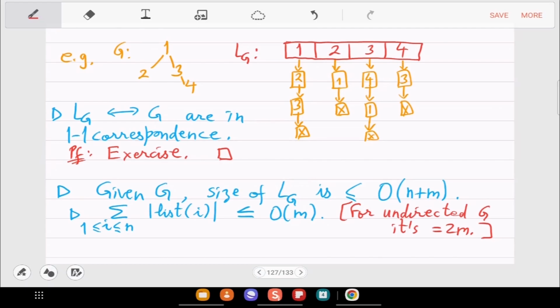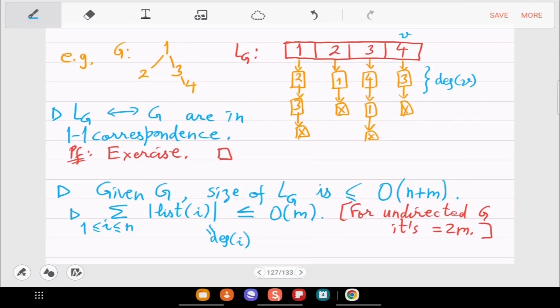So that's another observation to remember, that what you are getting here for V is the degree of V. These are the lengths of the linked lists. So that is what this thing is, degree of i.